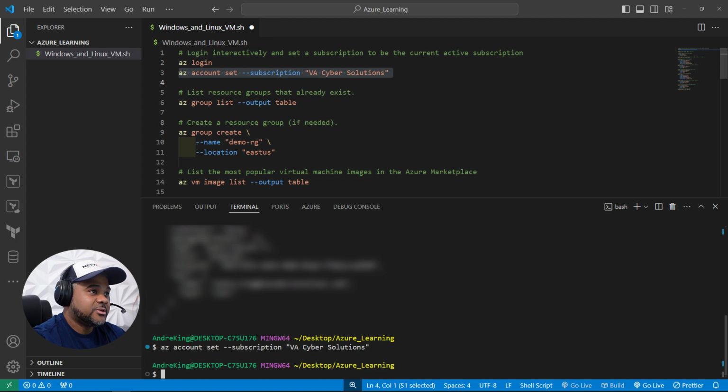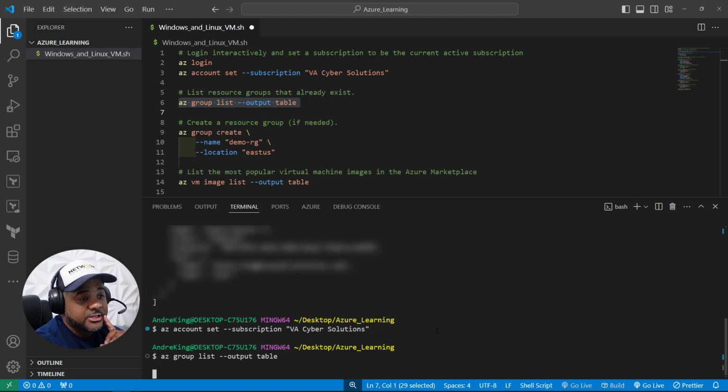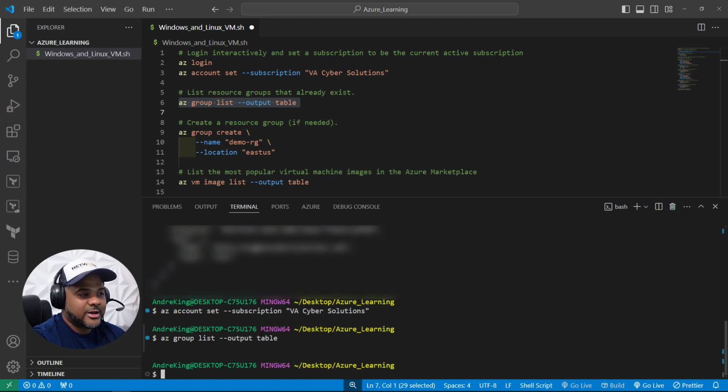So now, we saw that we had no resource groups, but if you're in an account and you already have one by chance, this is just a command that's going to output our display. Once we create this resource group in the next step and run it again, we should see it listed here. But for now we should have no resource groups, a blank table there. A resource group helps to organize and efficiently keep the resources, such as the virtual machine, the NIC for the public IP address, the security groups and things like that, close together.